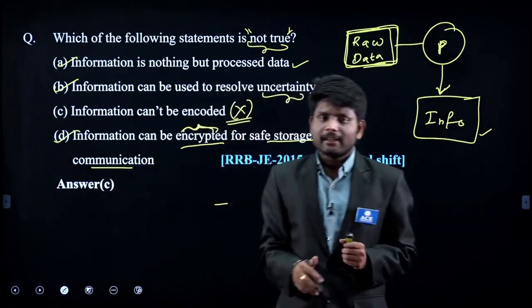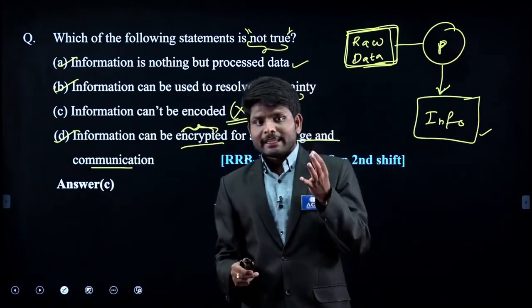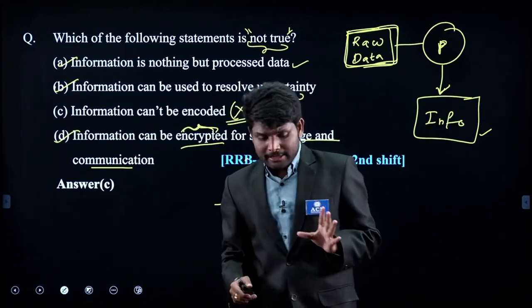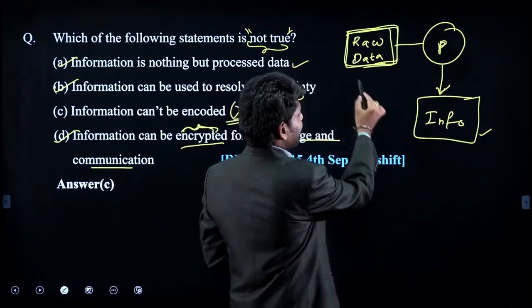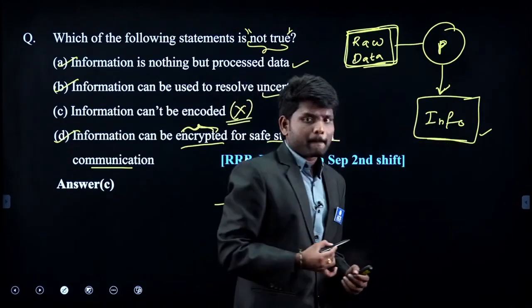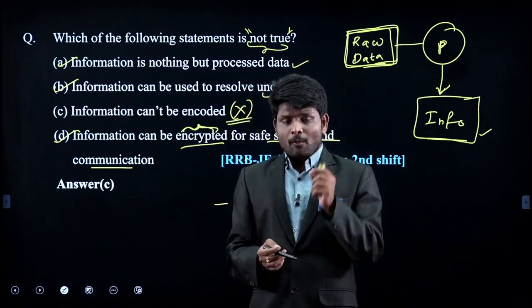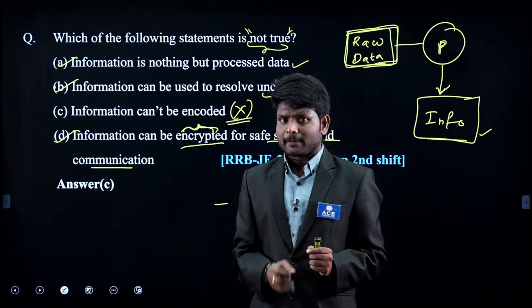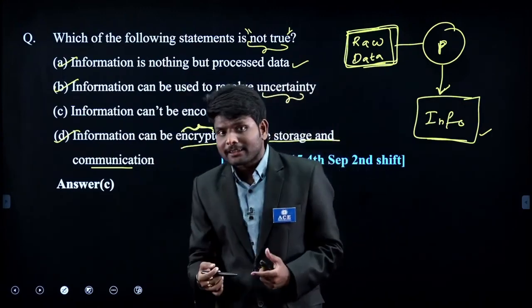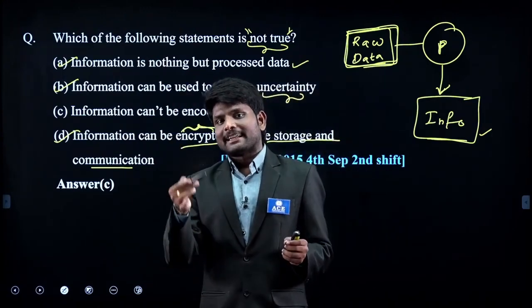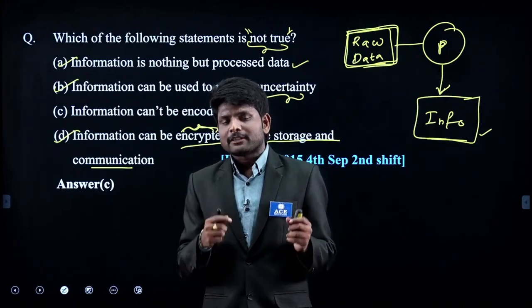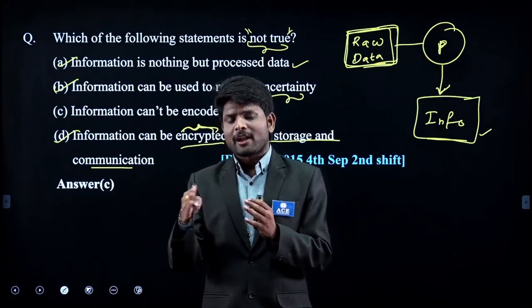Here, if you understand, they are focusing on the definition of information and they are also interested in whether you know the difference between raw data and information or not. Hope this point is clear for you. So in the first question, what we have realized is the essence of information systems. In the second and third questions, we learned there are some subcategories in e-commerce and we need to list out all the companies which fall under each subcategory.